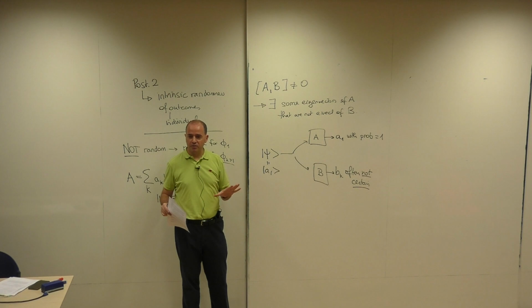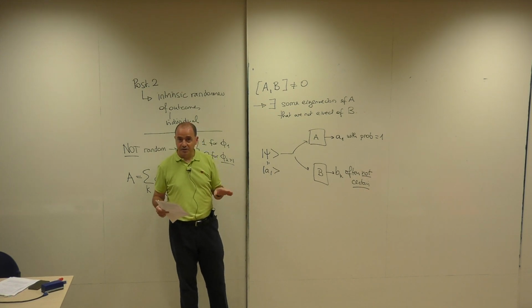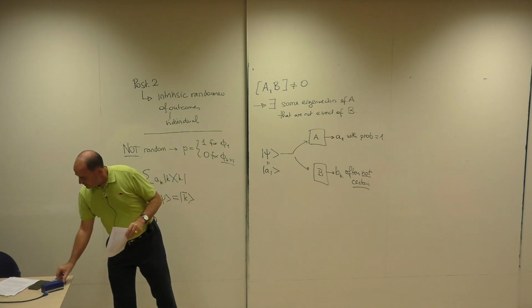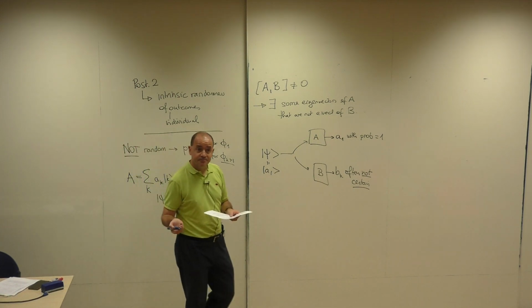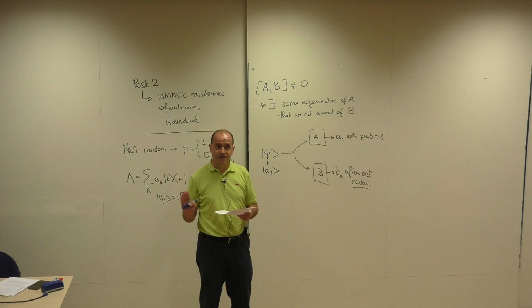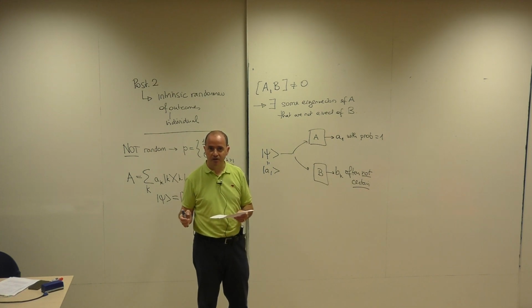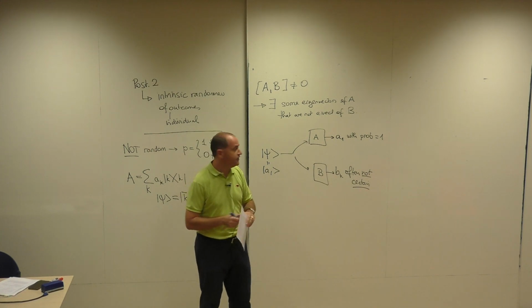If someone wants to know more about the uncertainty relation, I think you can just come and consult me. It's a very interesting topic, and we can have a lot of discussions about this, but I don't want to spend too much time on this point. Let me rather say what is the traditional uncertainty relation. This is a theorem. I will not prove it, but it's a theorem. And it says the following thing.